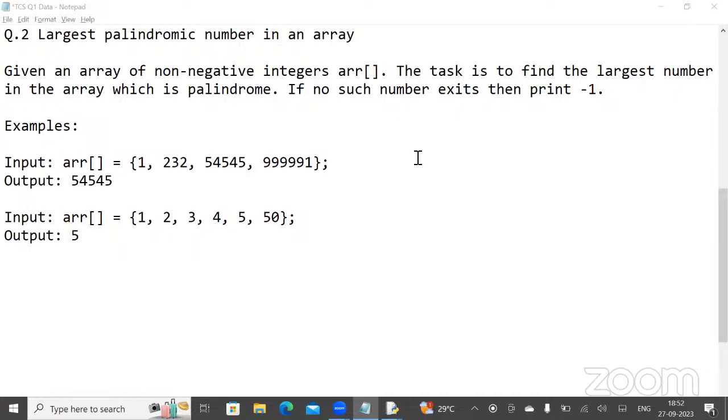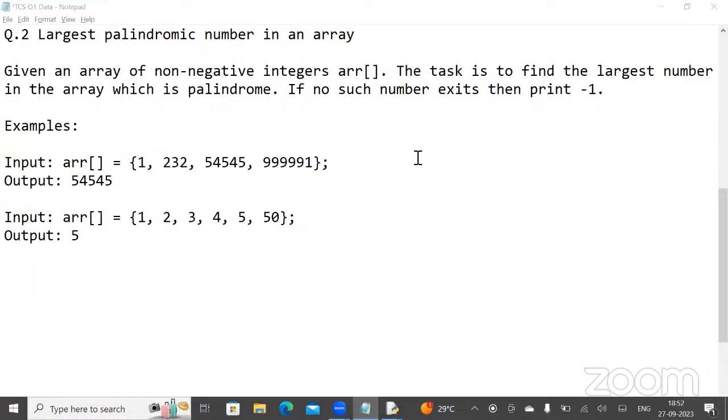If you use a sorting algorithm in your coding question, you might get time complexity issues, because sorting the array takes n log n, or maybe order of n square in the worst case. So unnecessarily adding sorting code to our program is going to increase its time complexity.